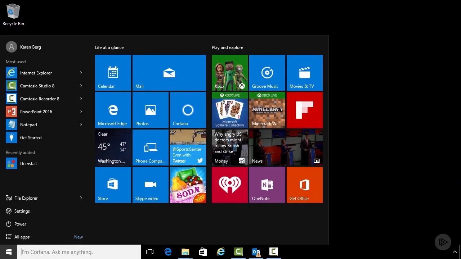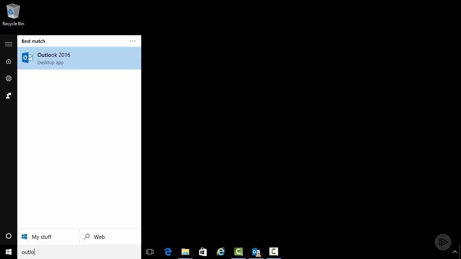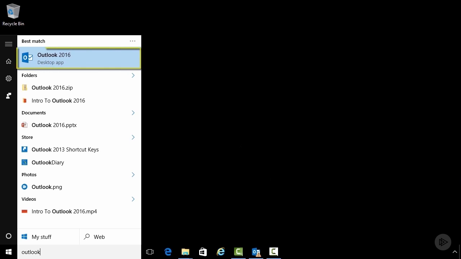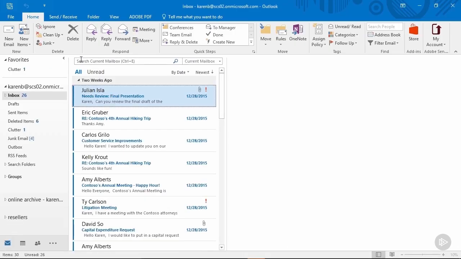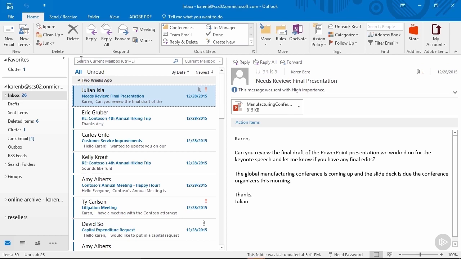To launch Microsoft Outlook from Windows 10, press the Windows key and type Outlook. You'll notice Outlook 2016 appears at the top of the Start menu. I'm going to click to select that option, and Microsoft Outlook launches. You can access the other areas of Microsoft Outlook using the navigation bar at the lower left-hand side of the